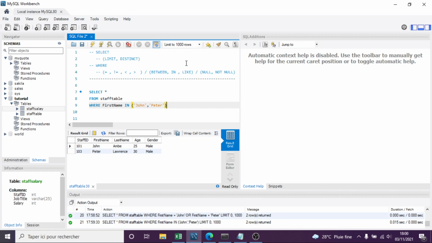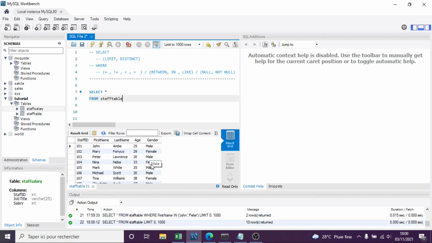So what is LIKE? How do we use it? To use that, let's go back again to our full table, run it and see what we have there. Here we can use LIKE to filter, especially text. Let me go to an example. SELECT star FROM staff table WHERE, let's put capital letters again, WHERE first name